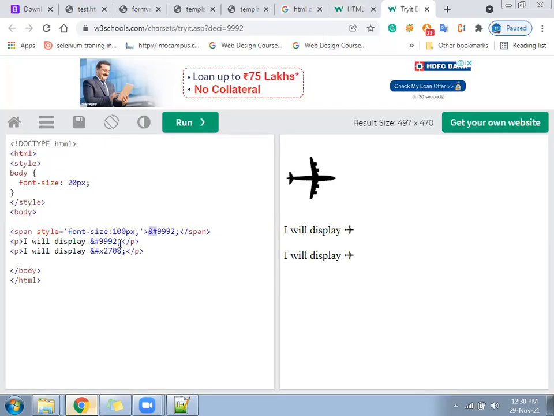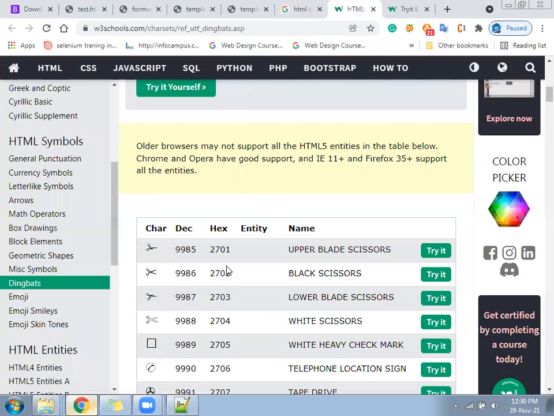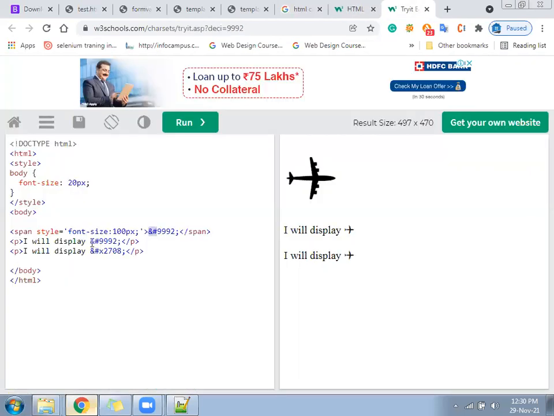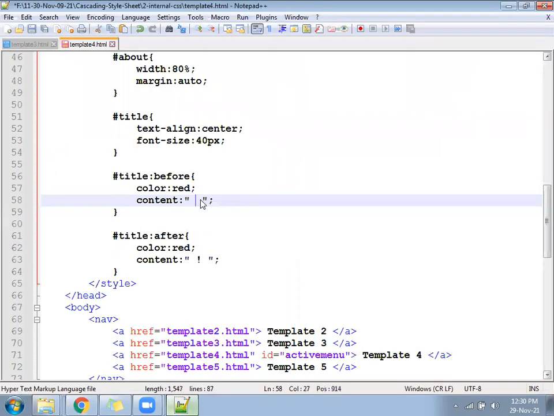Decimal following. Which one are they following? So, decimal. Okay, 7208. Display. Both are the same. This is decimal, one is hexa. Suppose this one I took. What will I follow? I will follow this one called ampersand hash. So here, ampersand hash and that number. Let me try whether this is coming or not before.